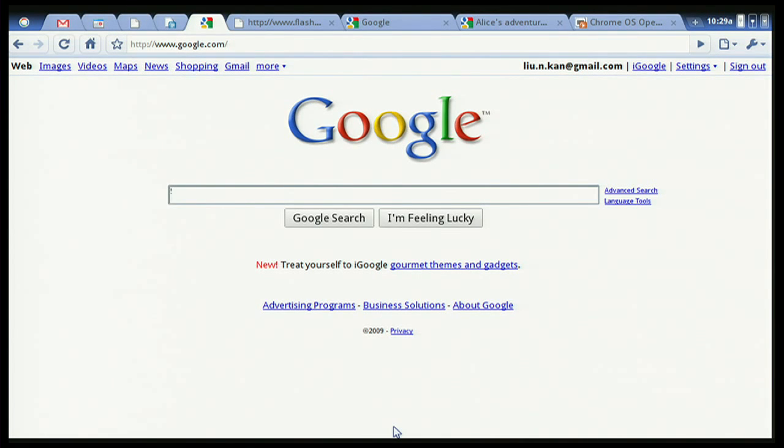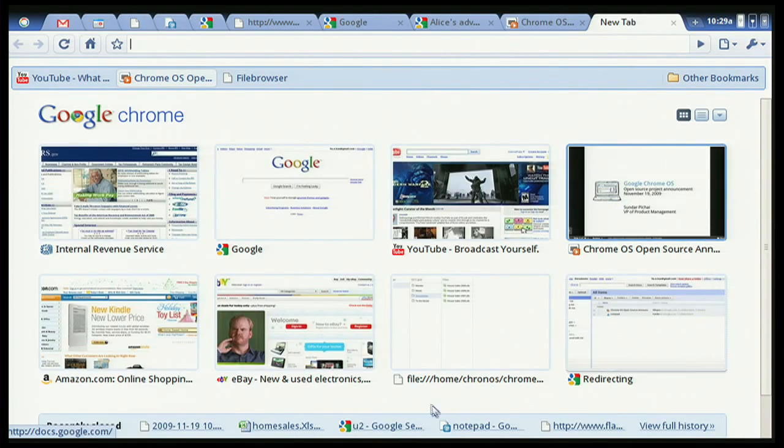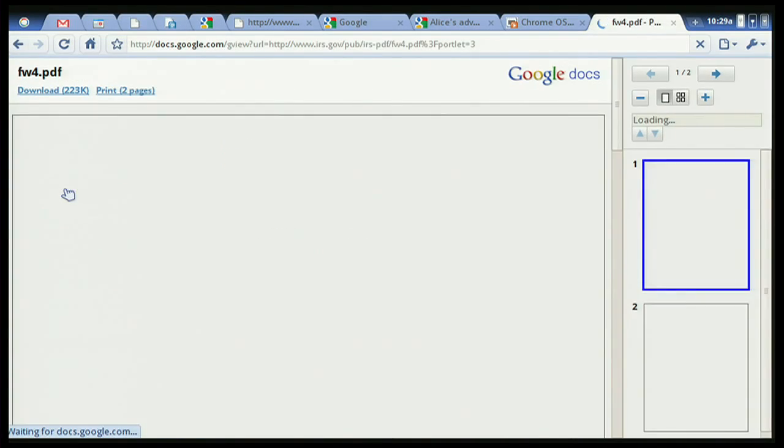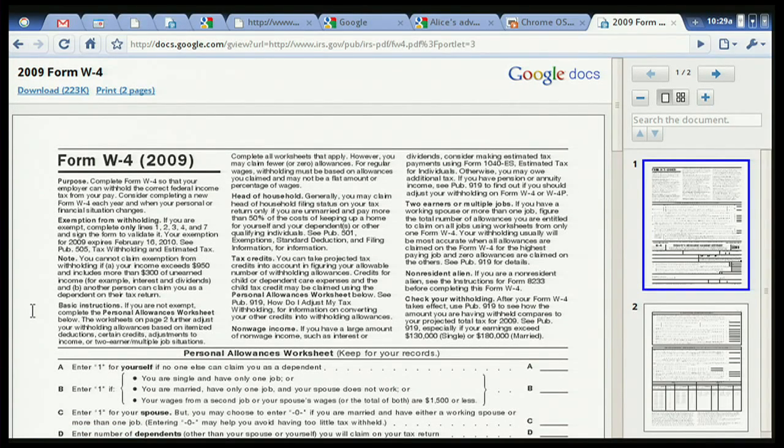One final example like this I want to give is people run into many, many different types of files, right, when they use a computer. They need to be able to use those files. For example, let's go to one of my favorite websites. I go there pretty often. It's irs.gov. And let's poke around and click on a PDF file, right? So what happens if you click on a PDF file? It works. It's instant. It's in the browser, right? So that's the underlying theme of what we are trying to accomplish: speed, simplicity, and security. So I'm going to take a step